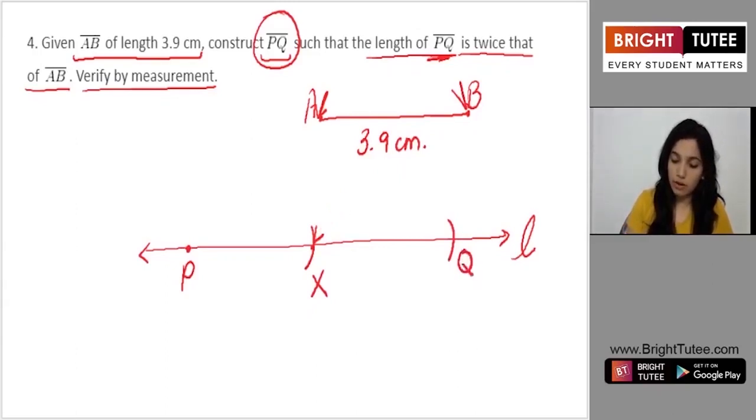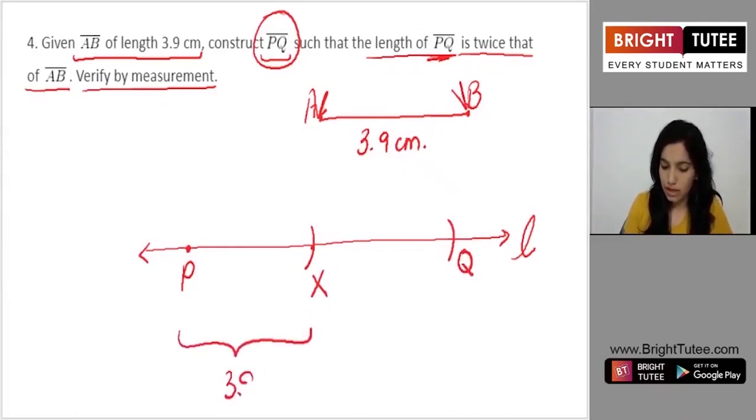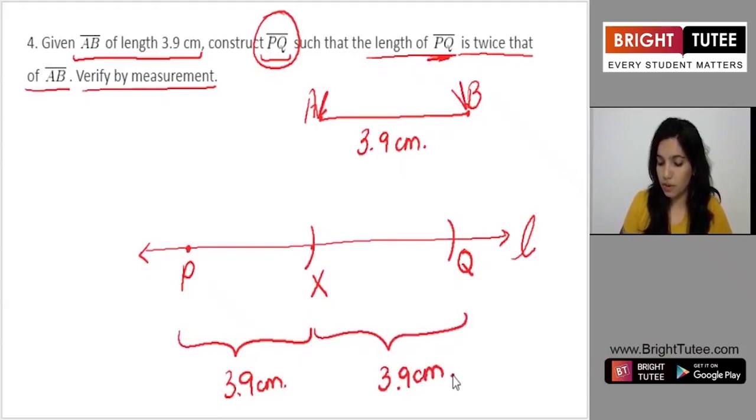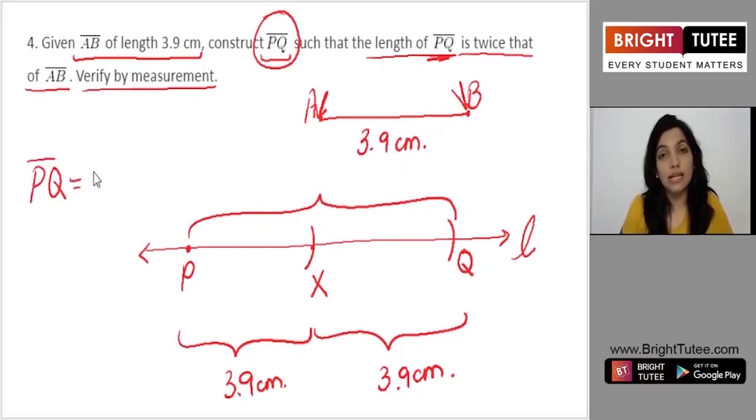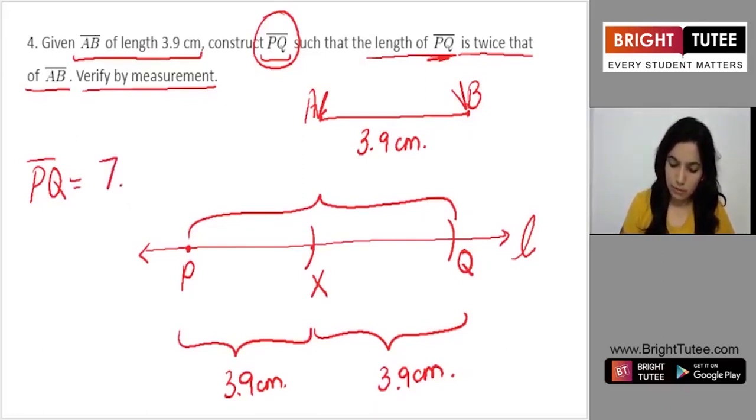Why? Because here from P to X, we have made one line that measures 3.9 centimeters. And because we need to make PQ twice of AB, this again we made in order to make it twice of AB. So XQ also measures 3.9. And together we see that this particular length PQ we have made is twice of 3.9 centimeters. So what is twice of 3.9 centimeters? It is 7.8